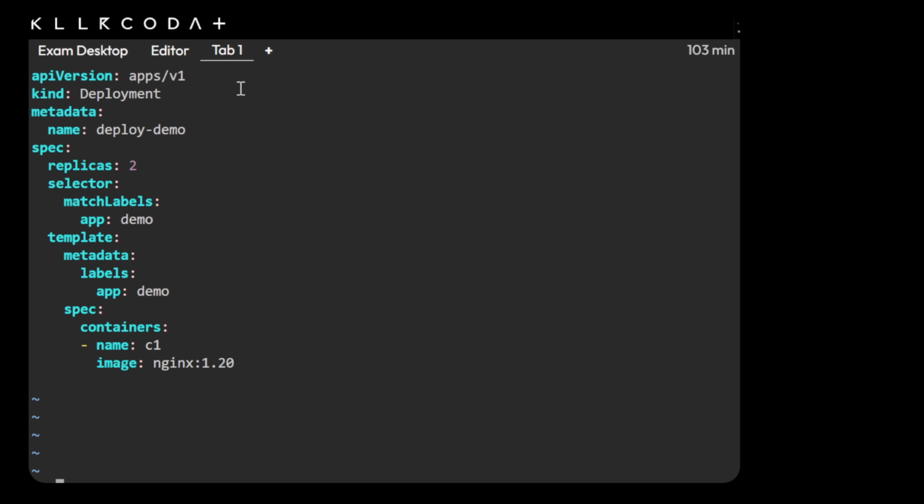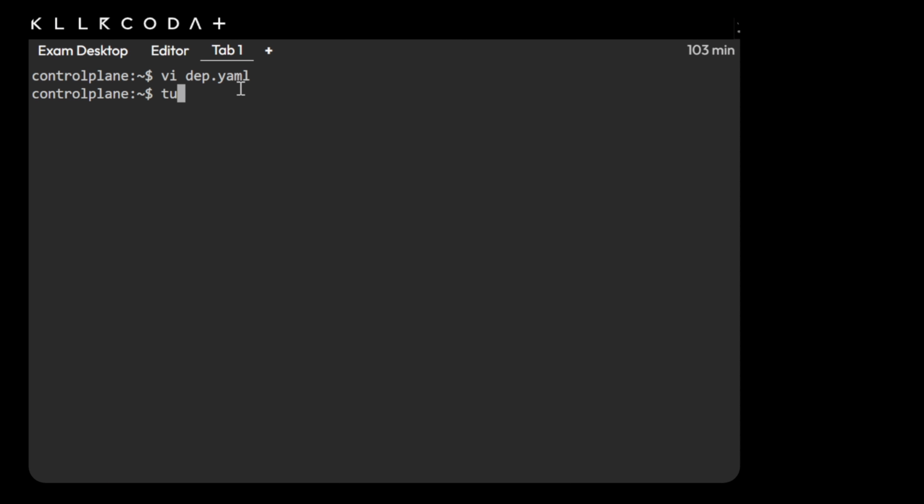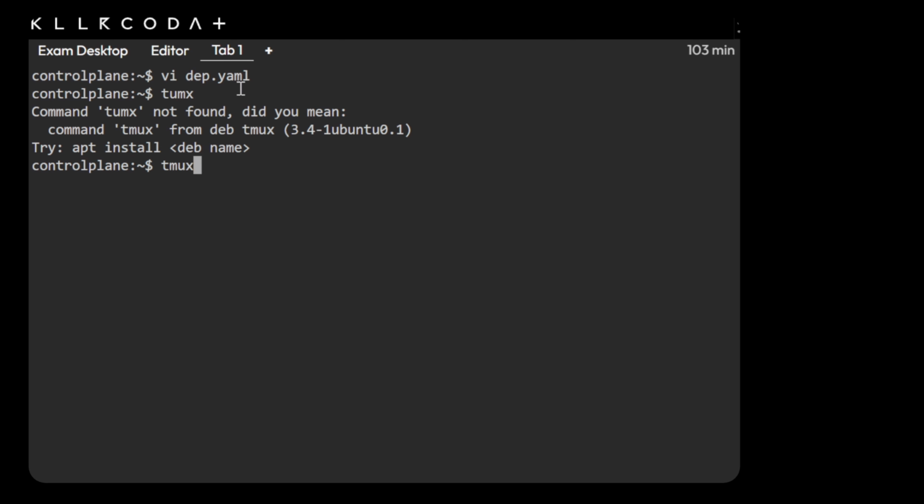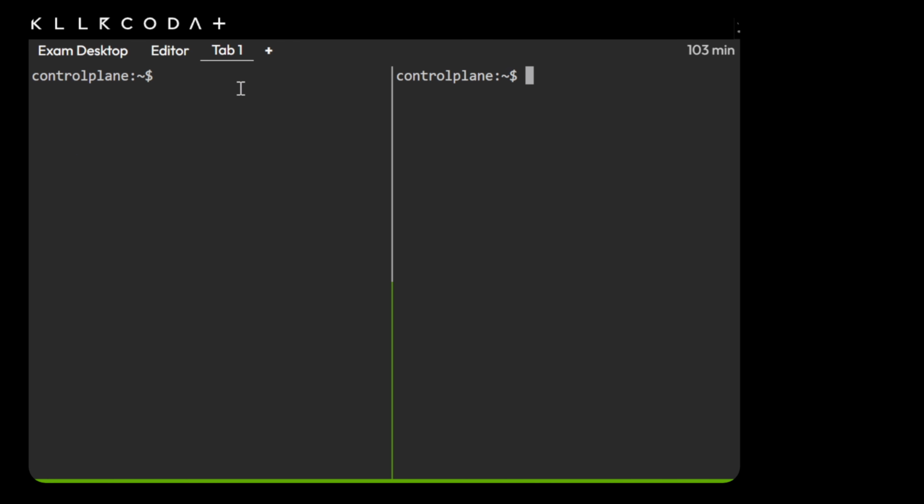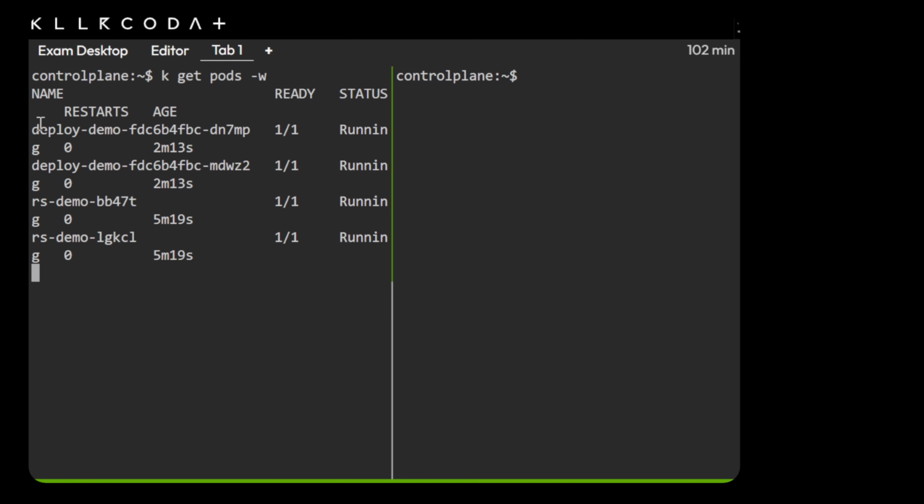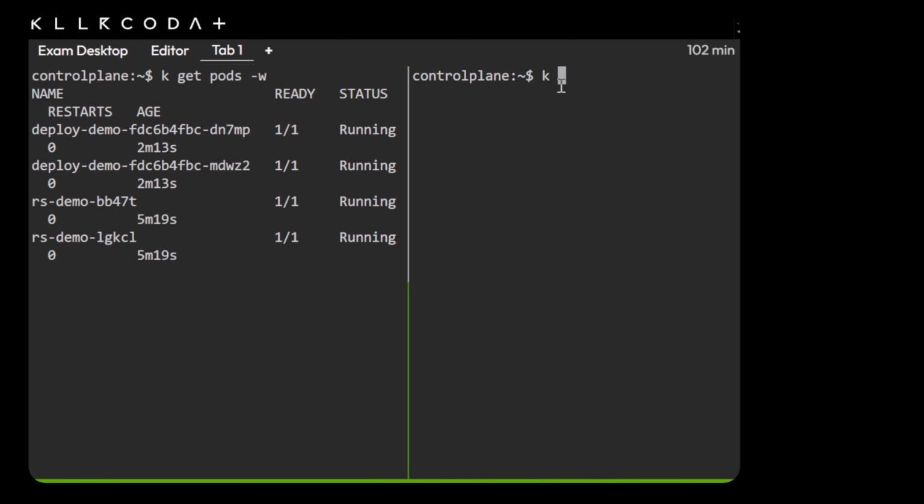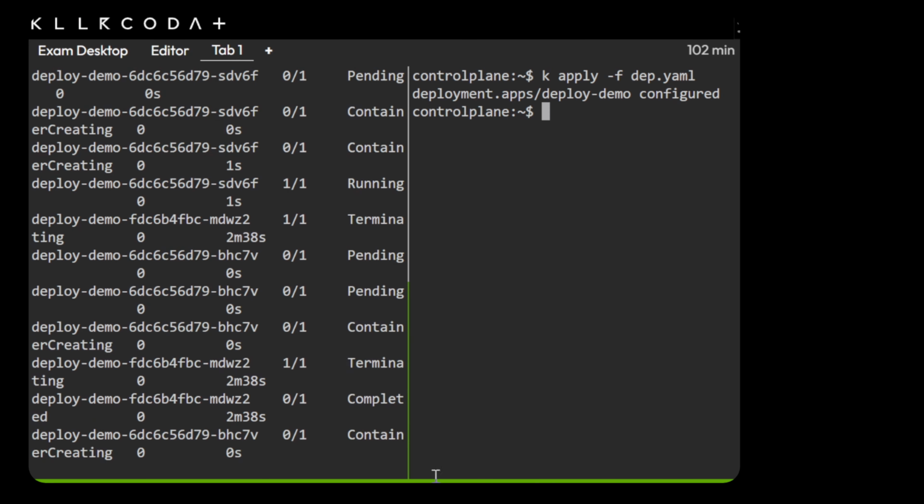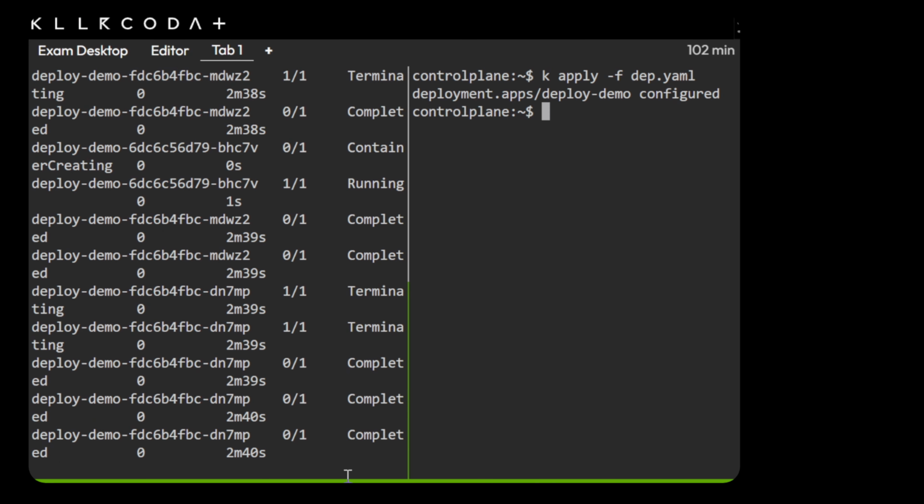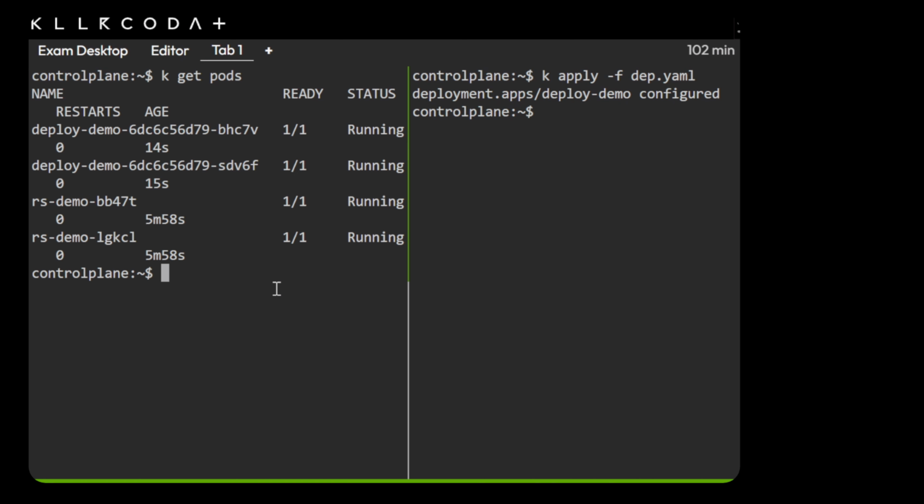Escape. Okay, I will show you. In tmux, Control P, then k get pods -w. So here you will see these two pods. Then Control B, and k apply -f deployment. You'll see that lots of things are going on, and then Control P, k get pods: 2 pods